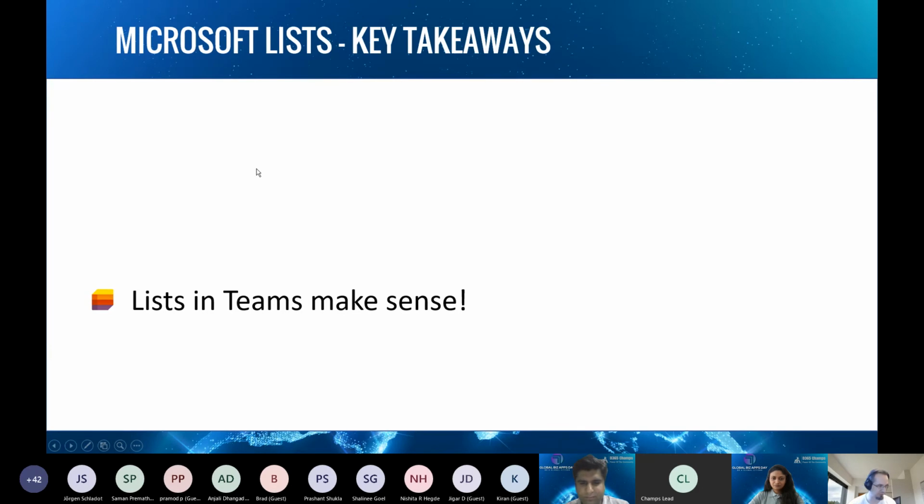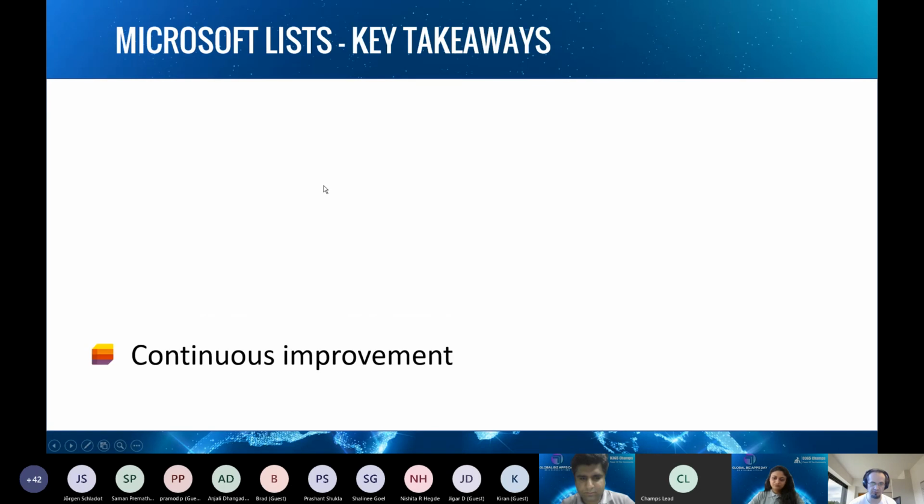Yes, for me, I work mostly in Teams. I try to put all my stuff inside Teams and use Teams as a platform. So I can now use lists in Teams without any additional navigation artifacts. That's great for me. And of course, the same formatting options. So the same consistent views across all my services in Microsoft 365.